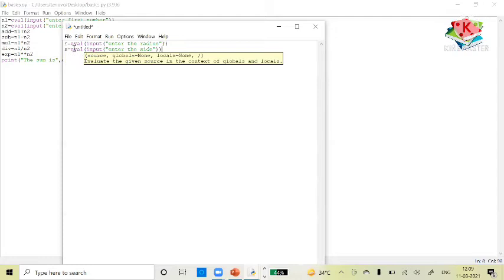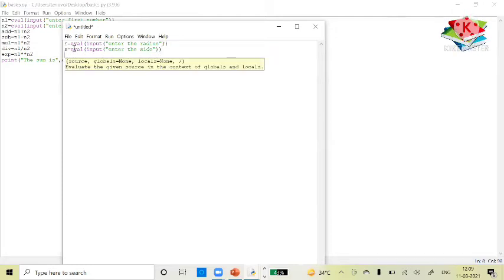Okay. So once you write it, we have to apply the formula. So suppose area C is going to store the circle's area. So what is the formula? It is pi r square. So instead of pi, I can write the value of pi, that is 3.14, and then r square means r multiplied by itself 2 times, like this.